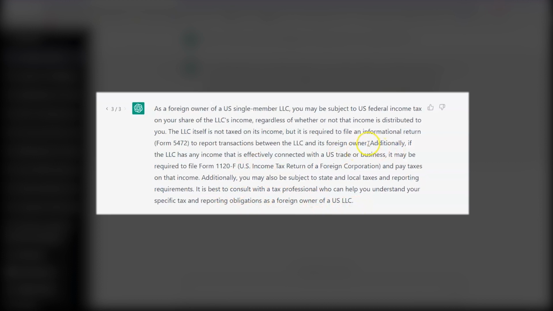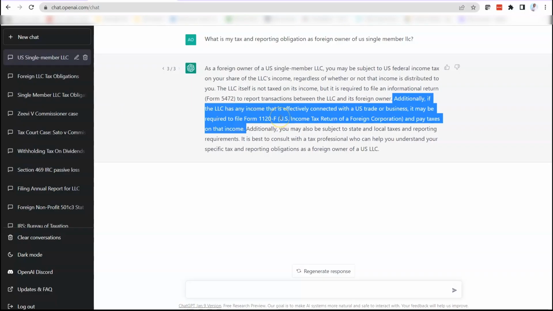So here, let's get back to this issue again. If the LLC is owned by a person and the LLC is considered to have effectively connected income with a U.S. trade or business, then that person picks up the LLC income and reports it on 1040NR. Again, the LLC itself does not file a tax return. As stated earlier, it is the owners that file a tax return. Because the LLC is disregarded, the LLC is pushed aside, and we look at the owners. So if the owner is a foreign corporation, think about 1120F. If the owner is a foreign person, an individual, think about 1040NR.